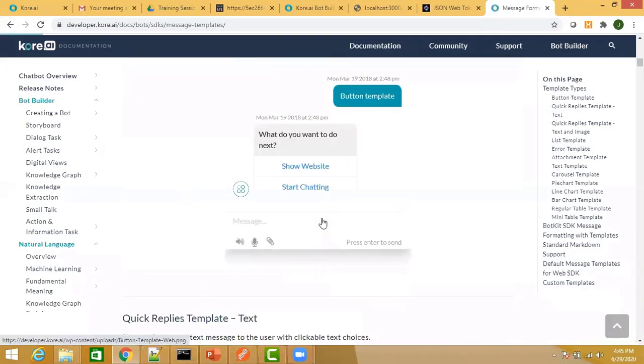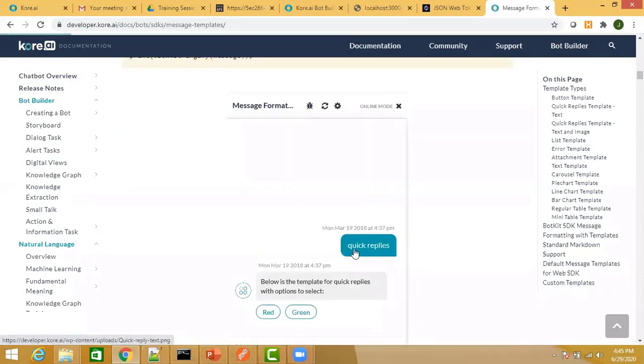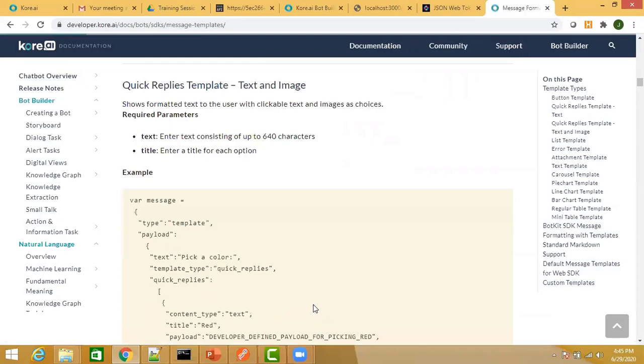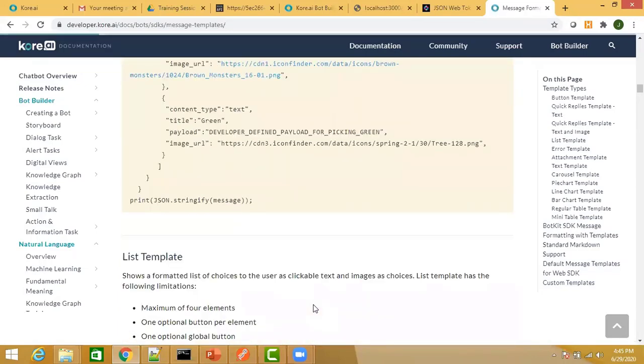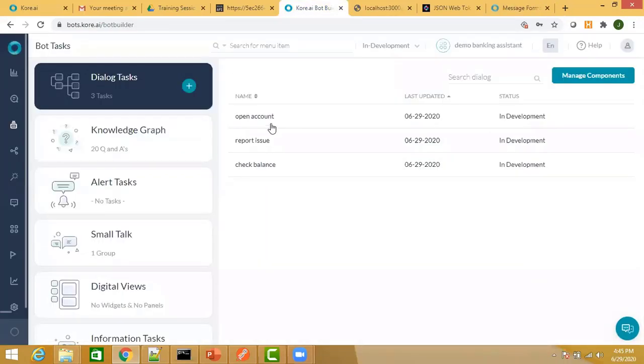You can see a reference over here in the documentation, not only the code, but how the output will look is also displayed in this document. Refer to this to go through the different types of templates that are available. So that was a small topic, something that we have done in our previous session also, but just a reiteration of whatever we had done earlier.